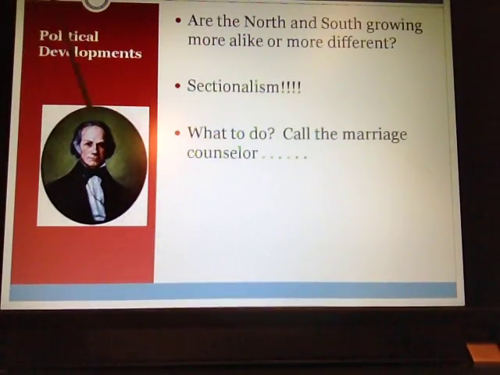So there's this one guy who's decided he's going to address the sectionalism in the country, and that is the ever-present but never president, Henry Clay. Okay? Henry Clay is going to come up with a political agenda that is supposedly going to try and solve this. And if you recall, this isn't the first time I've referred to the North and the South as kind of a marriage. Remember, they're kind of opposites attract because the North and the South have always been different. And Henry Clay is going to step in and try and mend this marriage because this marriage is not going very well. The opposites have become even more opposite in their union.